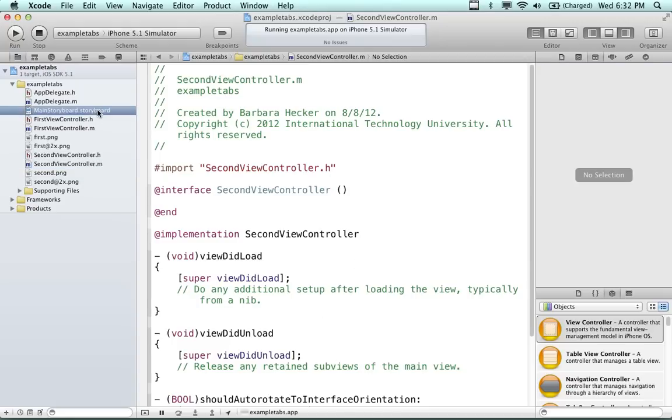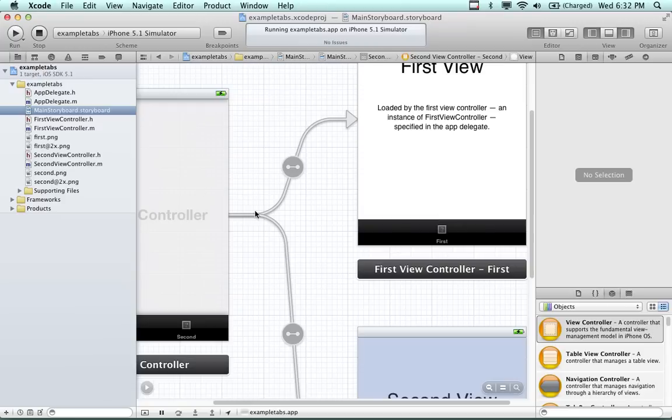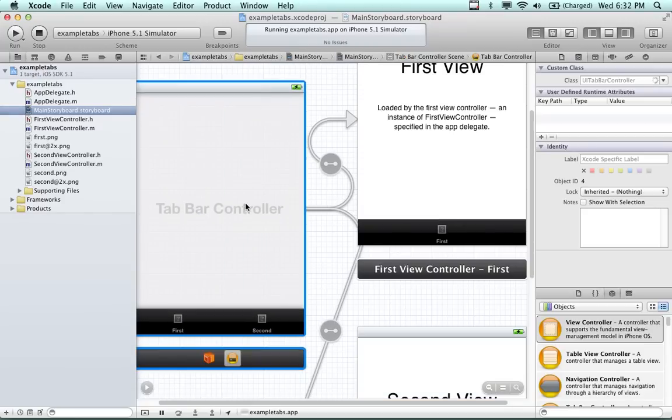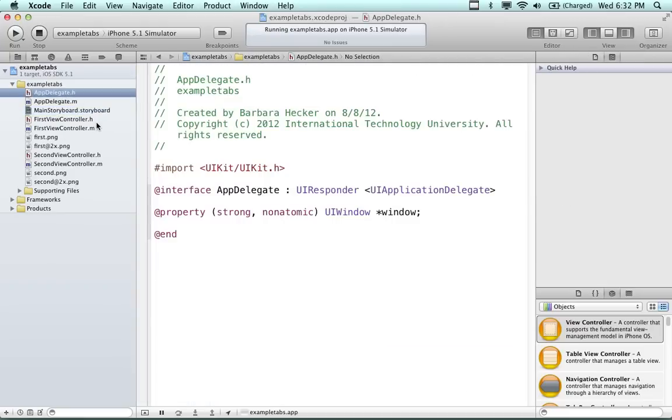The other logic for controlling between the views, the navigation between the views, goes with the tab bar controller. I keep calling it a view, it's really called the tab bar controller. And we have one, two, three different components represented here. And then put the data in there. Where's the data going to go? The data's going to go right here, or in a class that you're going to create that's going to drive your application